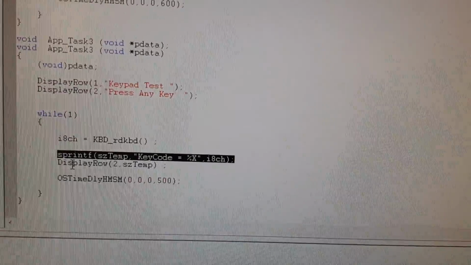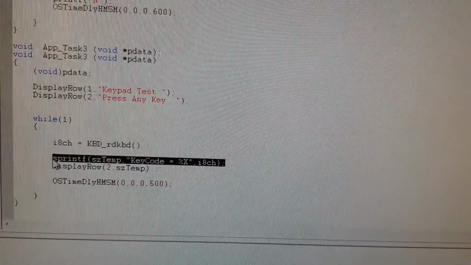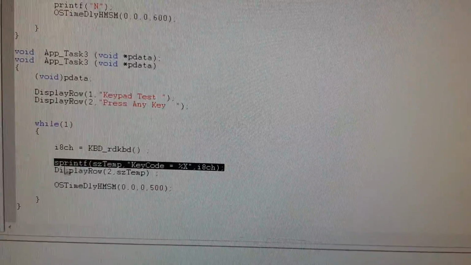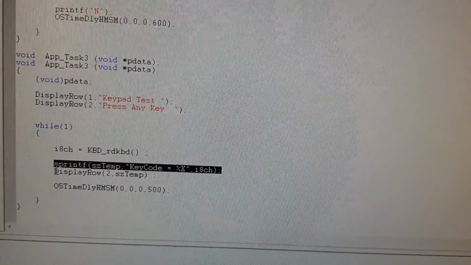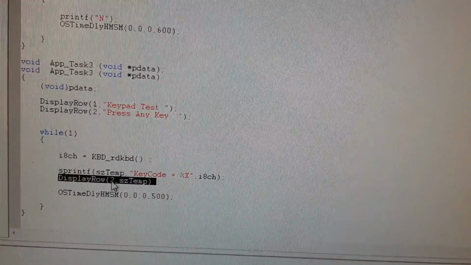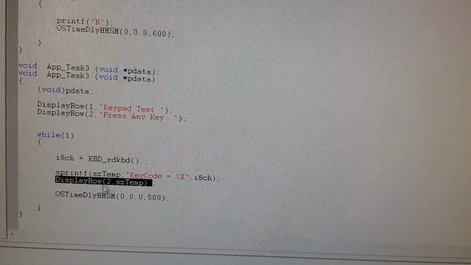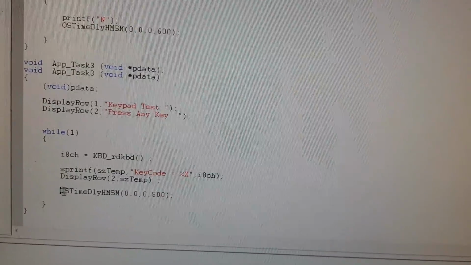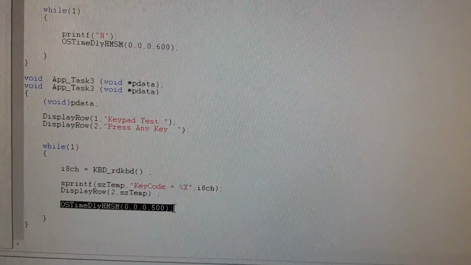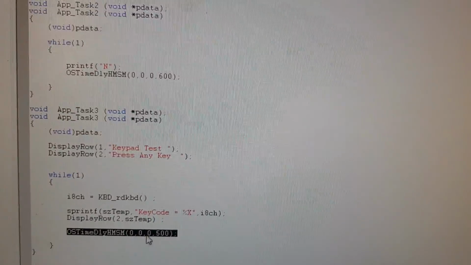This is a direct C command which will convert your hexadecimal into the ASCII number, because your LCD will display only ASCII numbers, and display that key on row number 2 of the LCD. So that's why we have to call this function display row 2. And this is done every 500 milliseconds. So these are the three tasks.